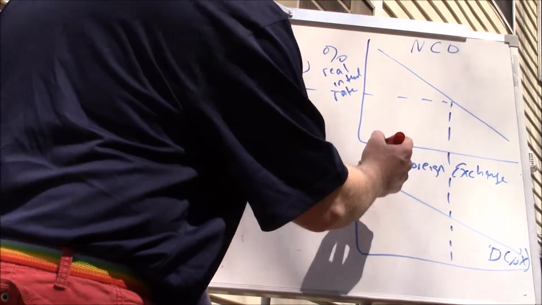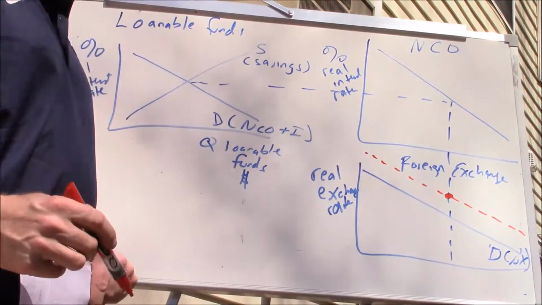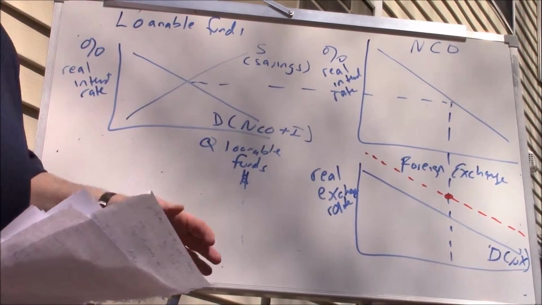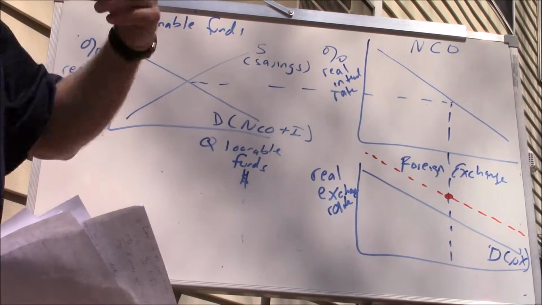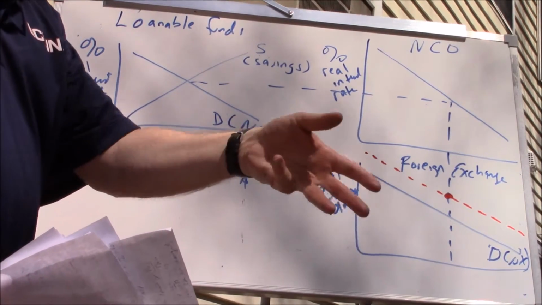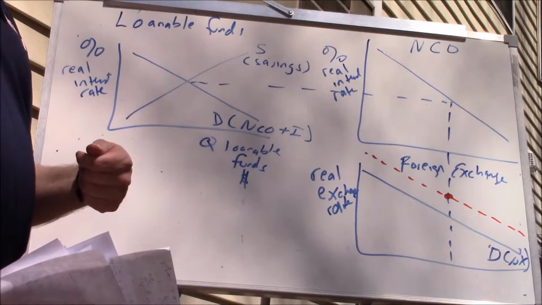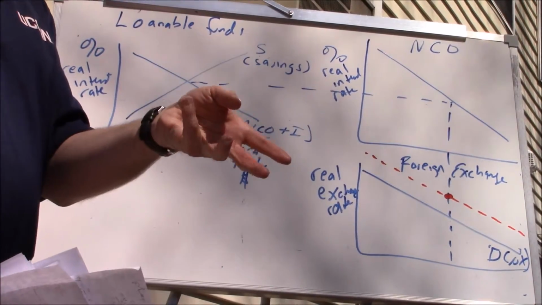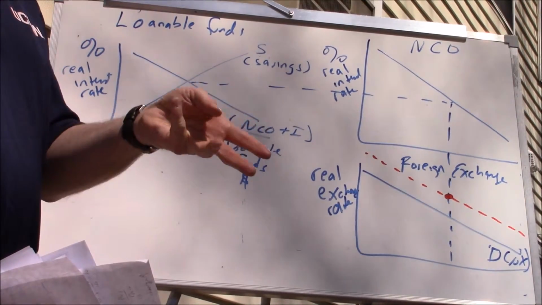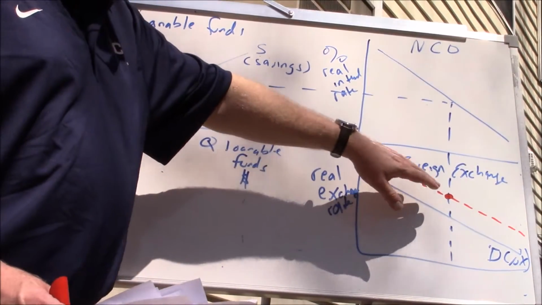So what the effect is going to be, we're going to end up increasing the value of the dollar in foreign exchange markets, because what's going to happen is with fewer dollars going overseas to purchase these imported goods, because imports have fallen, there's less supply, in a sense, of dollars into the foreign exchange market. A reduction in supply, as we know, is going to lead to a higher price. So the value of the dollar is going to go up.